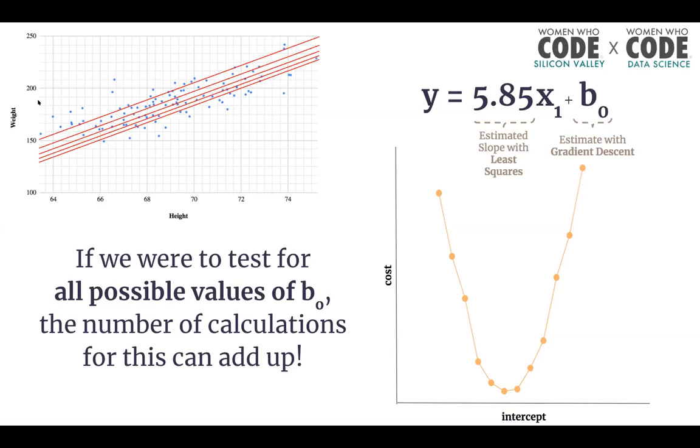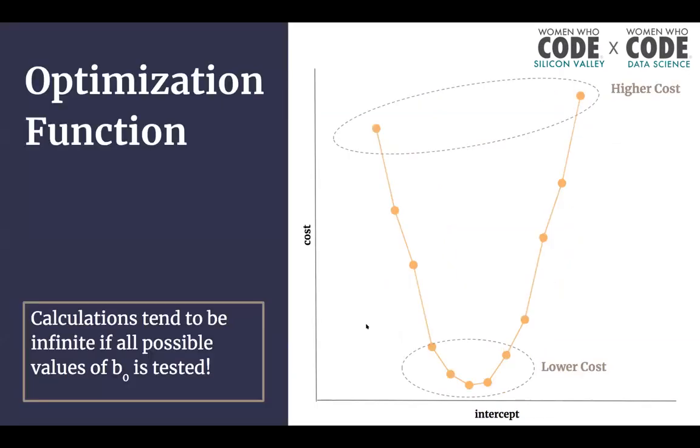There are instances where you need the precision to be super high, and in that case, this would add up to too many possible calculations. If I need to plot this graph, I need to calculate so many different values to arrive at the best intercept. This is the process of gradient descent, and it can add up to having too many calculations for you to do. That might be a problem. So for this, we use